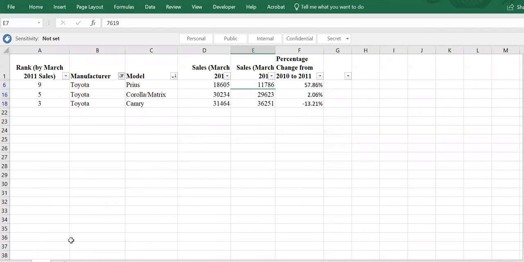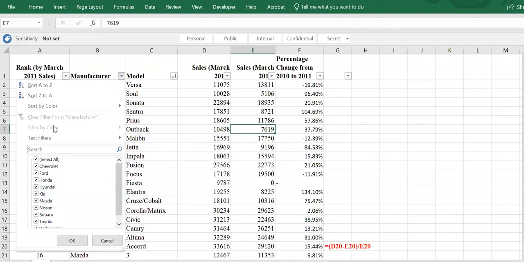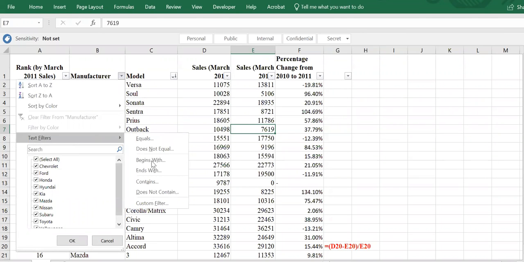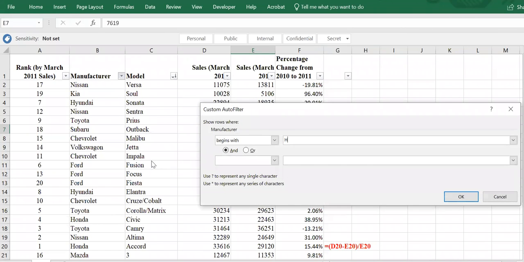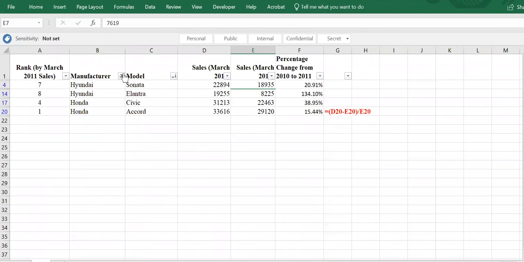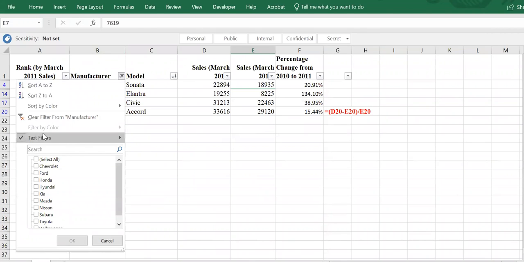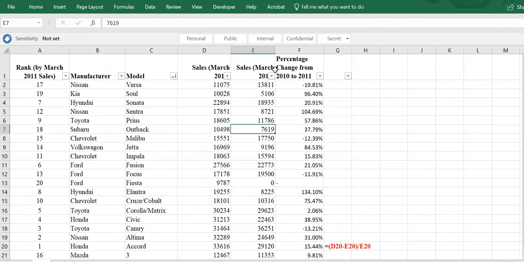Let's just go with H here. So if I want to go with text filter begins with H, I expect to have Honda and Hyundai. So you can see here. So that's for text. Same thing applies to numbers, except that it gives you many more